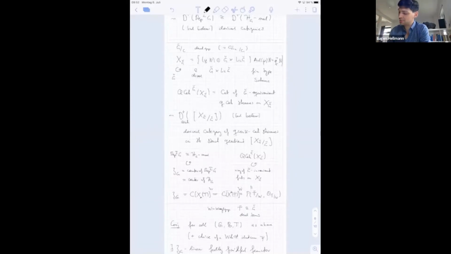I'm not 100% sure, but it might be true for GLN or for a reductive group, it even could be the case. But anyway, later I will need this for parabolic subgroups, and then I'm pretty sure it's not the case, because for parabolic subgroups these spaces become really, really evil.